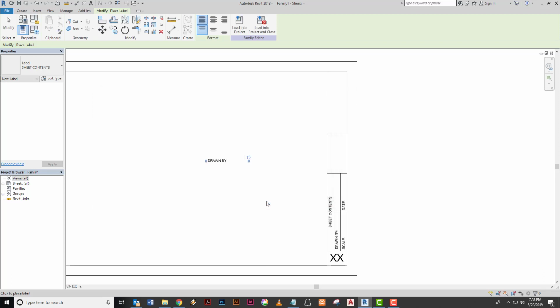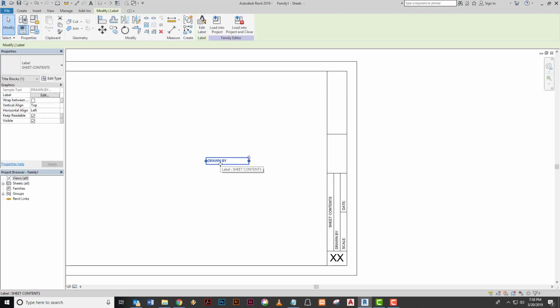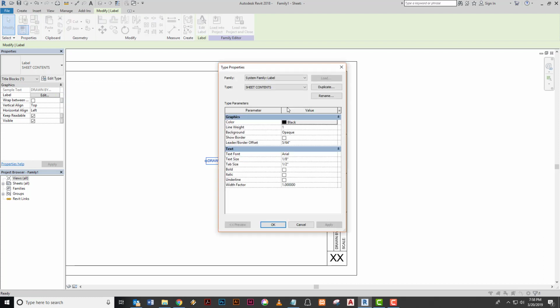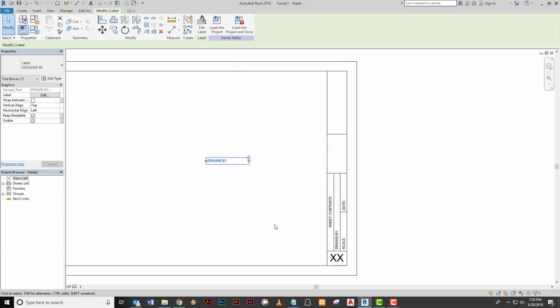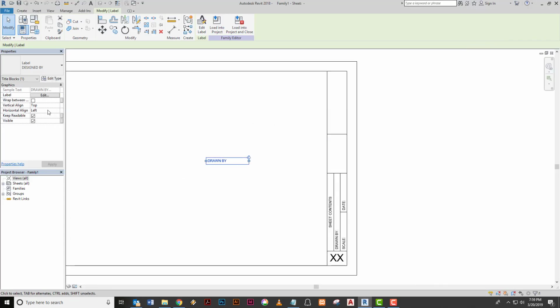Okay, skip twice, select it again, go to edit type, duplicate, and call it designed by. I think we cannot have drawn by because we used the drawn by before. We call it designed by, and click OK, and the size of it is 1/8, which is correct, and when you see it's aligned to the right side. Now we say horizontally align it to the right and rotate it